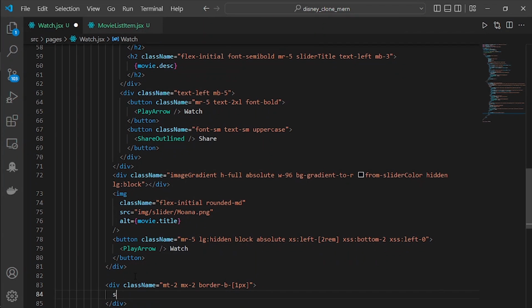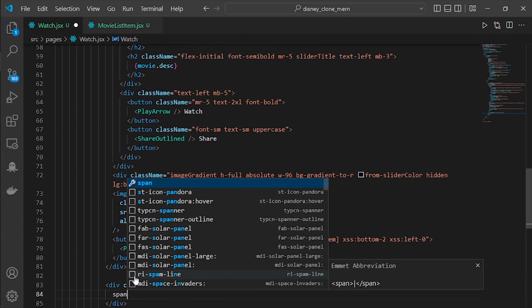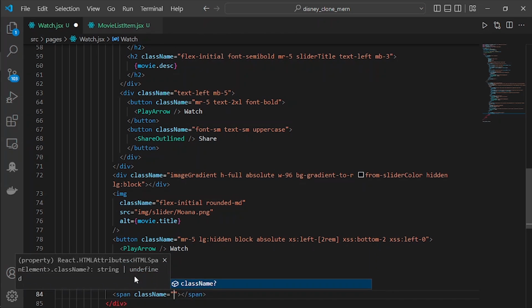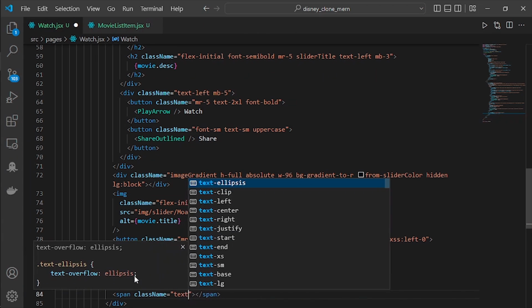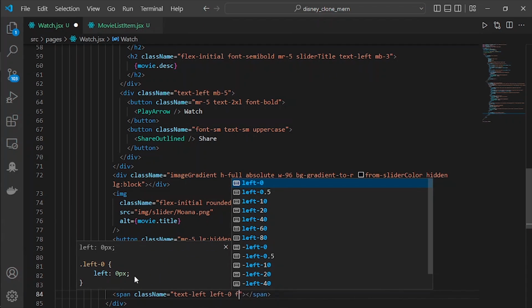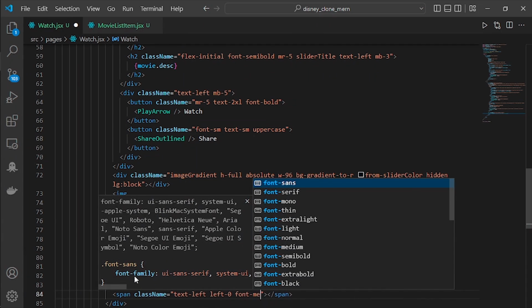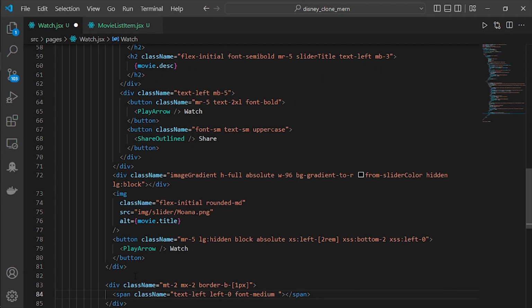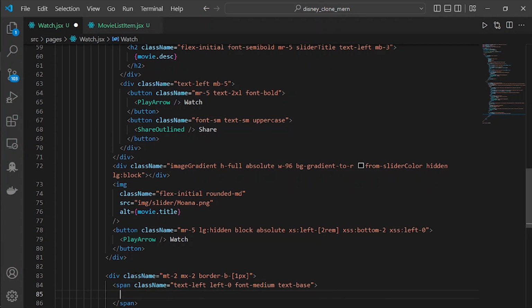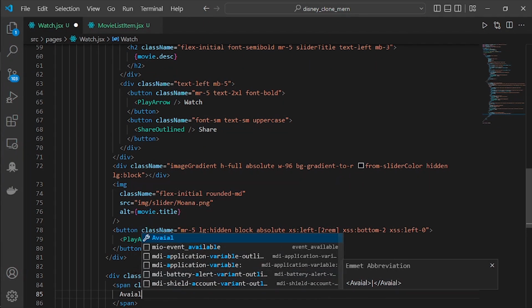Now inside of it, we'll have a span. Inside of this span, we'll have a class name equal to text left, left 0, font weight medium, and text size base. For the text, it's going to be a file label